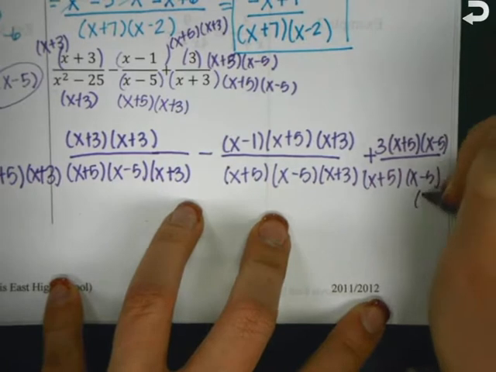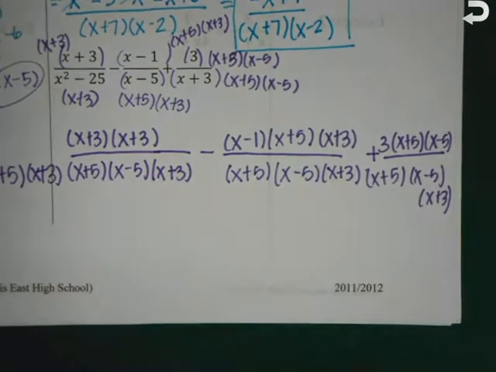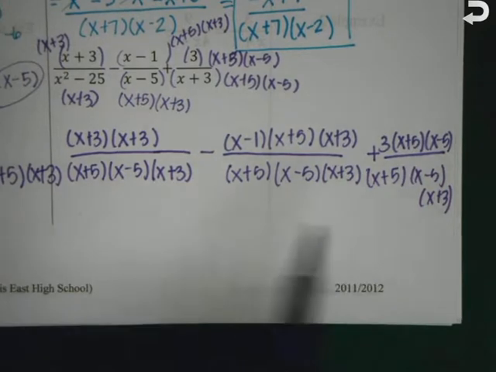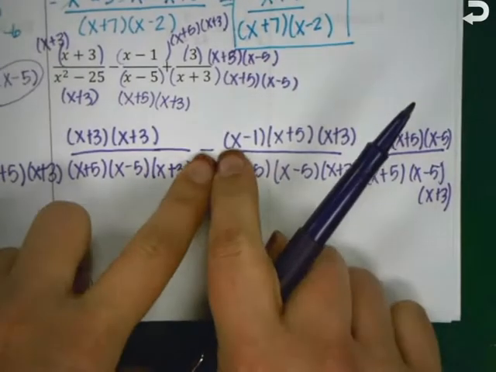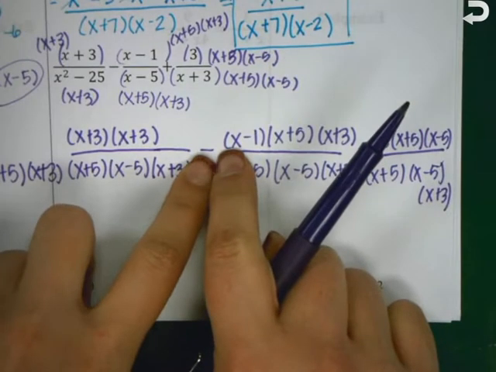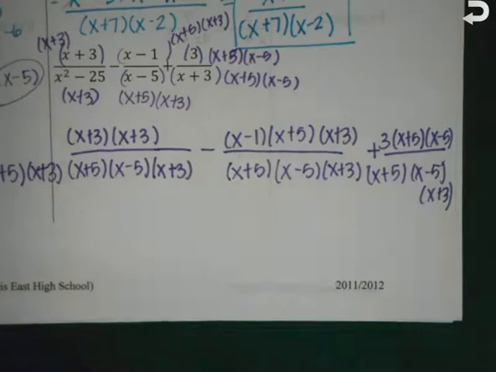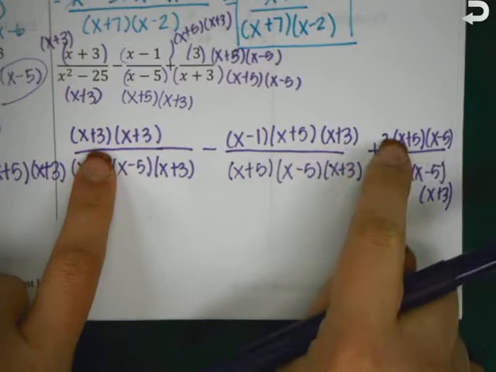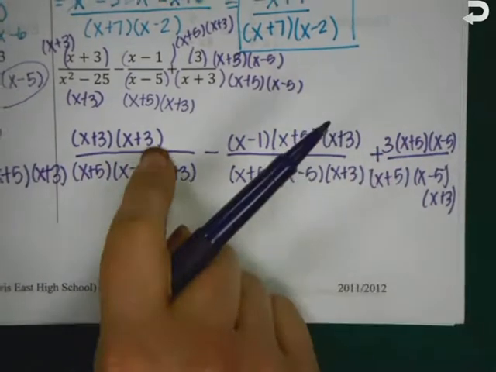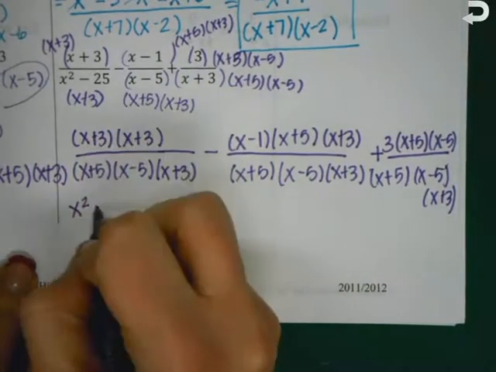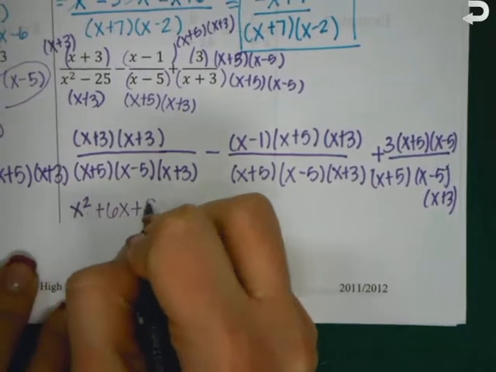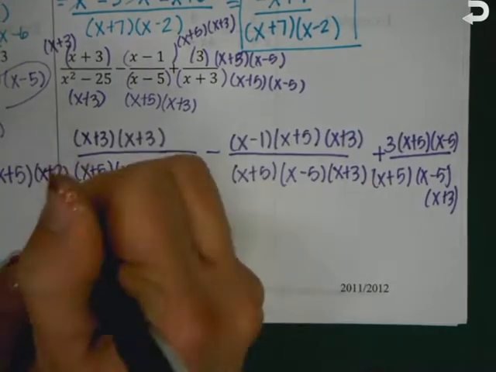Okay. Now, to save ourselves a little bit of time and space on our paper, let's look at this. What is this negative going to do? Make a positive. We want to distribute to everything, right? Before we go any further, let's FOIL all of the numerators. This one is going to FOIL out to x² + 6x + 9 over (x + 5)(x - 5)(x + 3)